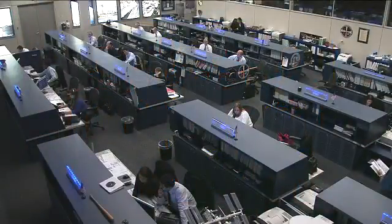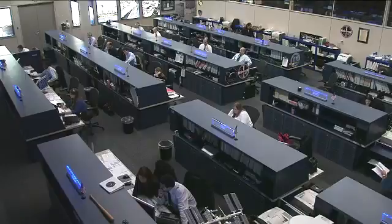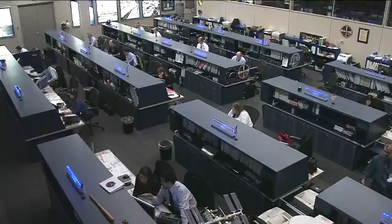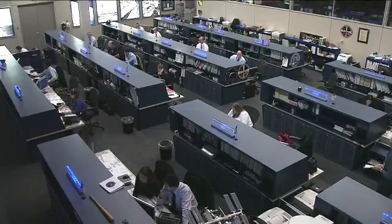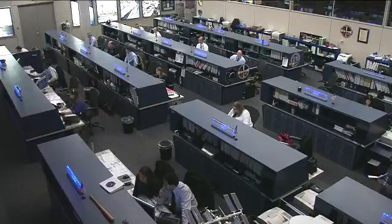After the daily planning conference, Commander Dan Burbank installed a spare communications unit that'll be used as a backup for communications for commercial cargo vehicles when they begin flying to the space station. The first demonstration flight of the Dragon spacecraft from Space Exploration Technologies Corporation does remain targeted for a flight to the station next month. Burbank also set up ultrasound hardware for a series of routine eye exams that were conducted